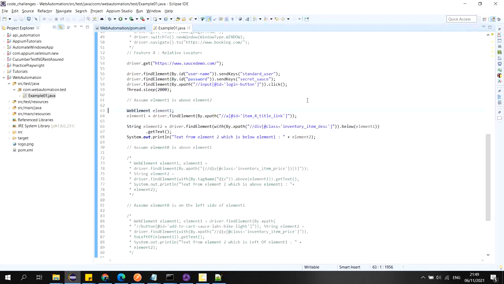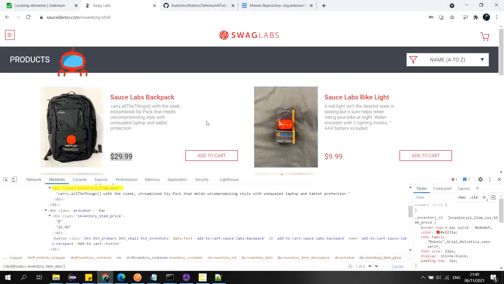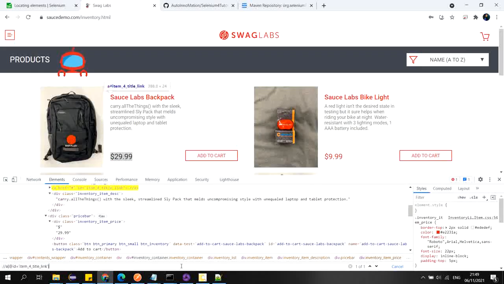I'll show you some of the relative locator features here. First I'll show how to use the below method. Using this below method I will get the text. Suppose this is the website I am using for automation. I will share this website link in the video description so that you can use it for your automation practice. So this is the element.